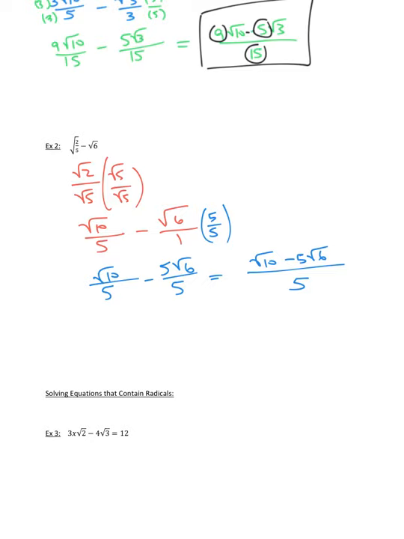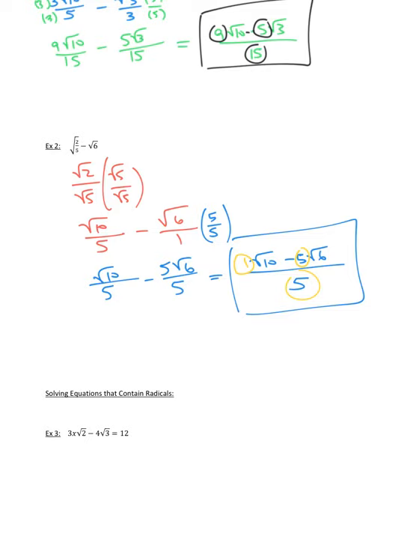And I look to see if I could simplify. I cannot, for the same reason as before. If I look at all the rational numbers, 5 and 5 have a common factor, but not with 1 also. So it has to have a common factor with all of the rational parts. And then the last little thing is